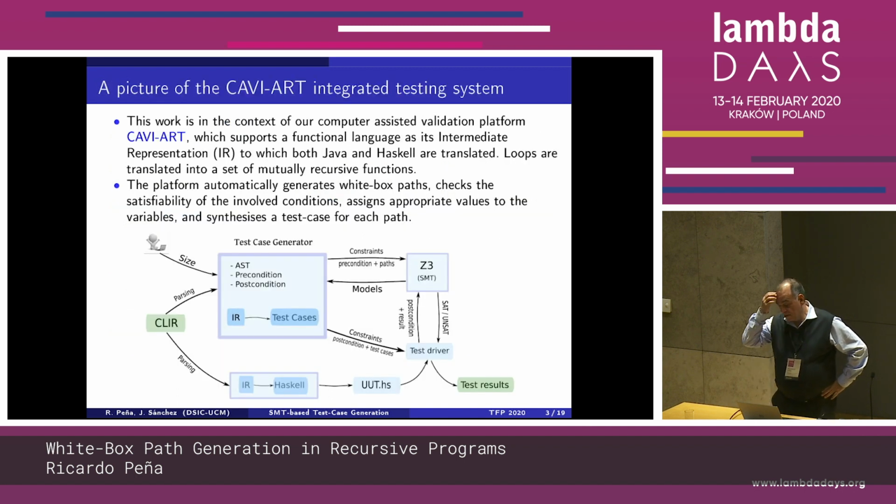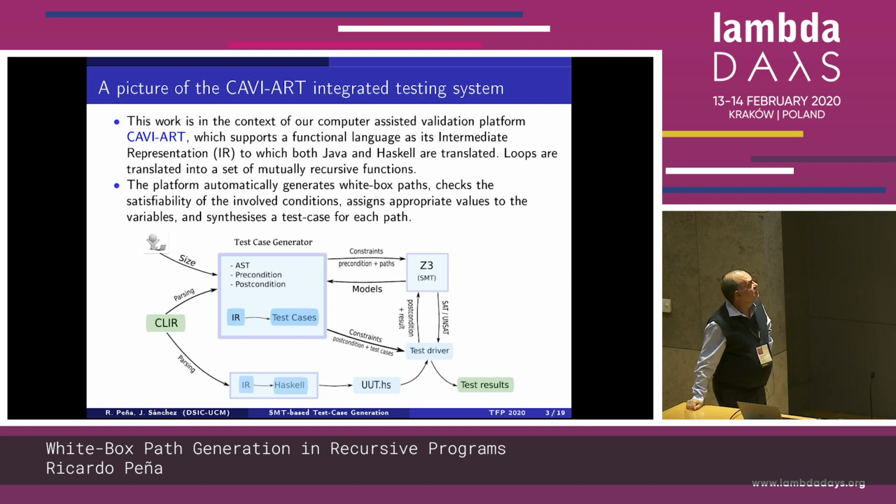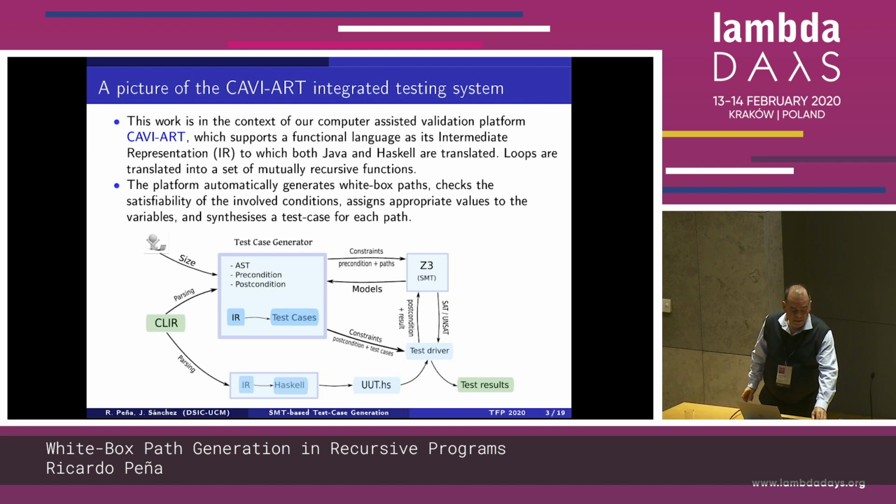This work is in the context of our platform called Caveat, that supports a functional language as an intermediate representation. And then here you can see a picture of what the platform does. You get a program. Let's see if this works. You see the picture. You get a program in this functional representation,